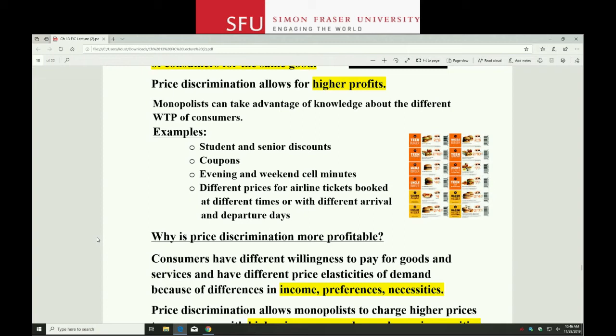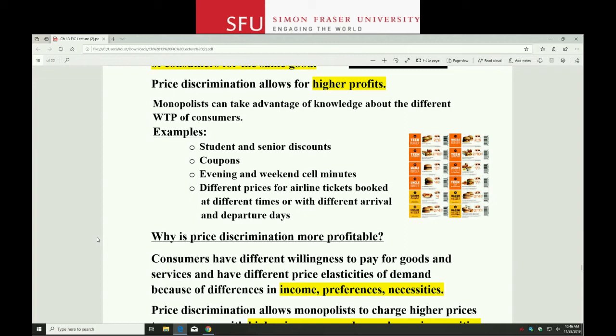Oh, another example is, have you ever gone as a tourist somewhere, and then there's been different prices for things for tourists versus locals? Have you ever done that? In some places they'll know you're a tourist, and so they'll charge you higher prices compared to the locals. It's the same reason, right? They know as a tourist you probably have more money than the locals, so they'll charge you higher prices.